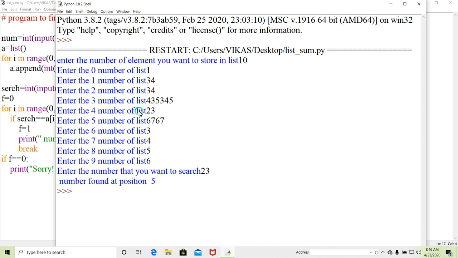Now you are thinking, why am I counting from 1? Because we are users, we do not start counting from 0, we start counting from which number? From 1. Clear? So for the user, we are giving the message, as the user does not know anything about what is a 0, what is a 1. They start counting from 1. So that's why we are giving the message from 1.